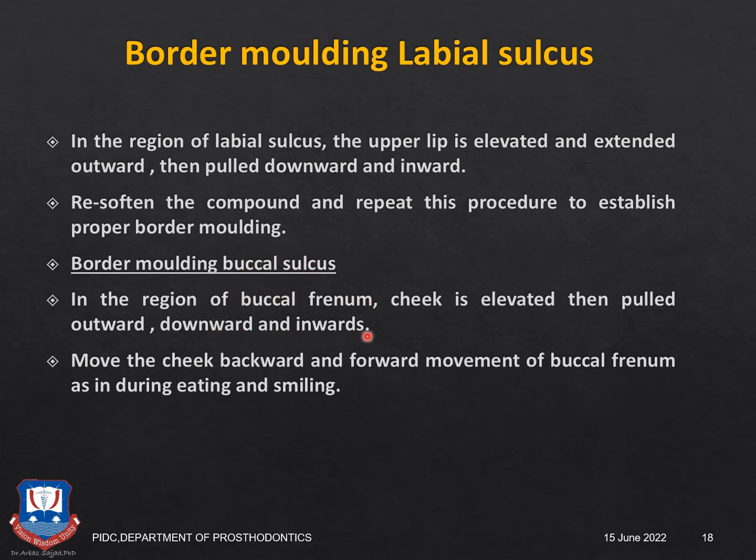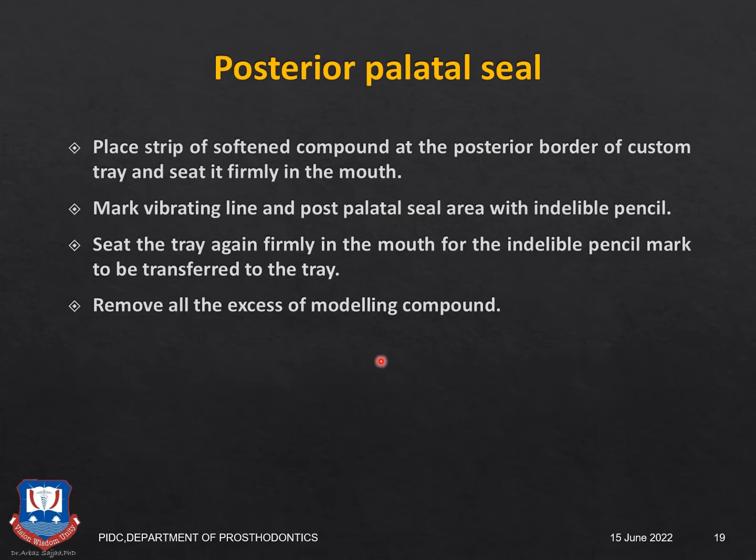Again, here the cheeks are elevated, pulled outwards, downwards, and inwards to record the buccal frenum and the buccal vestibule. Also, the patient is made to open wide, and side to side movements are done to record the coronoid notch and the width of the buccal vestibule. After this, the same is repeated for the contralateral side, and the last step is the recording of the posterior